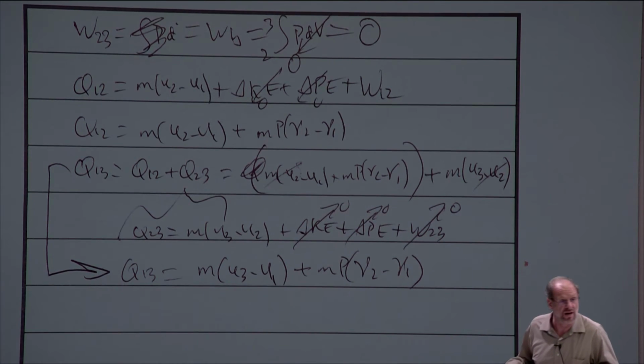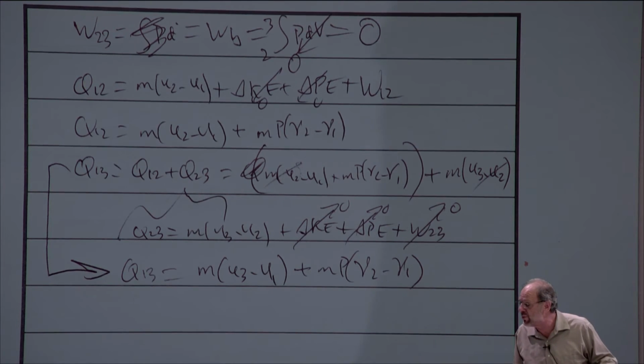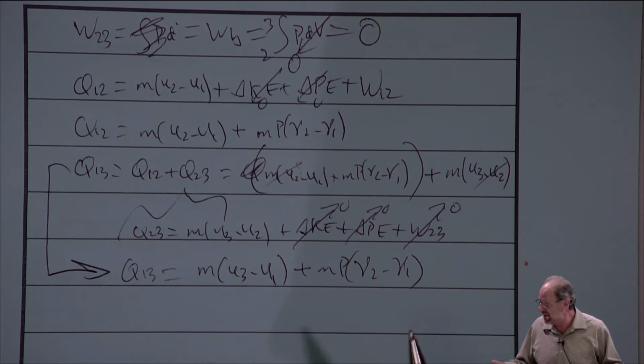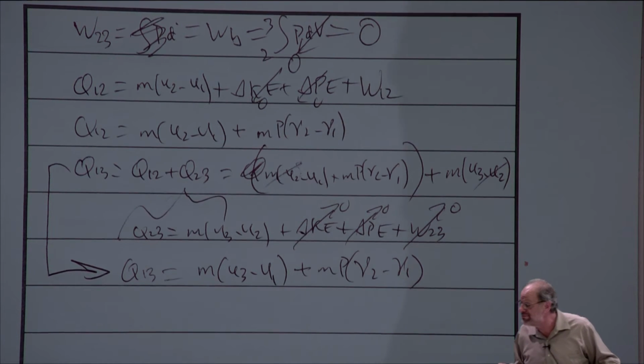Not much more to do, right, except get our property data. Do we have two independent intensive properties at each of the three state points? And if the answer is yes, then we're done. So let's think about it. We know the pressure and we know the temperature at point 1, although I haven't calculated the temperature yet, but I know them both. So yep, state point 1 is known, superheated, pressure and temperature independent, intensive. We have state point 1, meaning we can find V1, we can find U1.